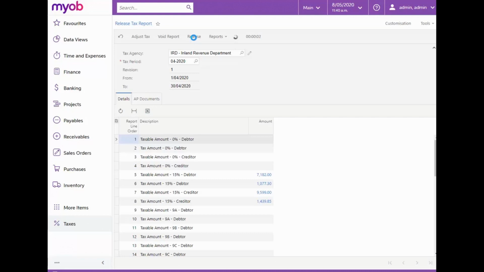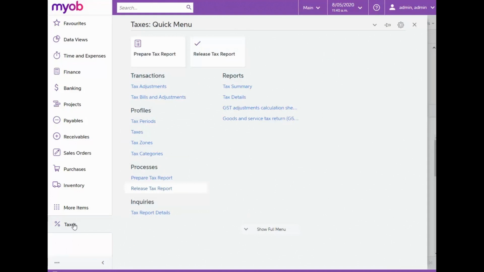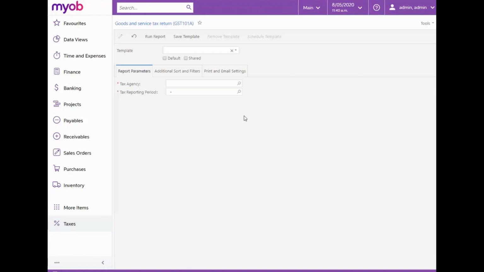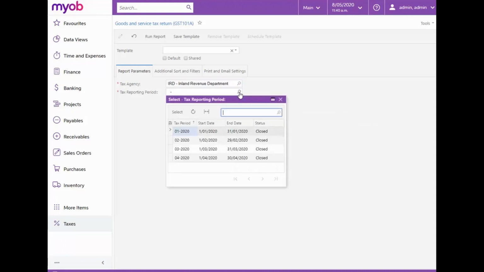And that brings us to the fourth and final step in the process of tax reporting to the IRD, printing the goods and service tax return. To open this form, let's navigate from the Taxes menu to Reports and select the Goods and Service Tax Return form. On this form, we need to select the tax agency and the tax reporting period